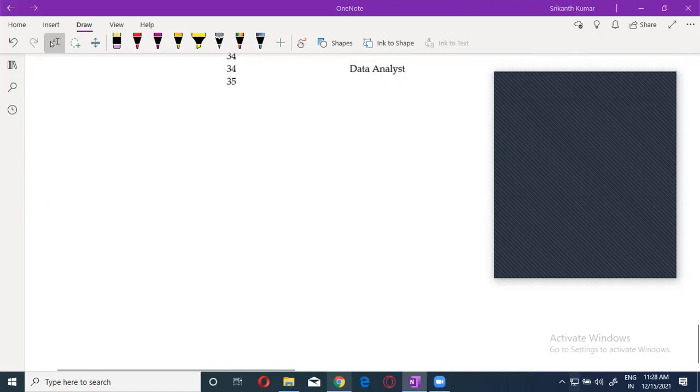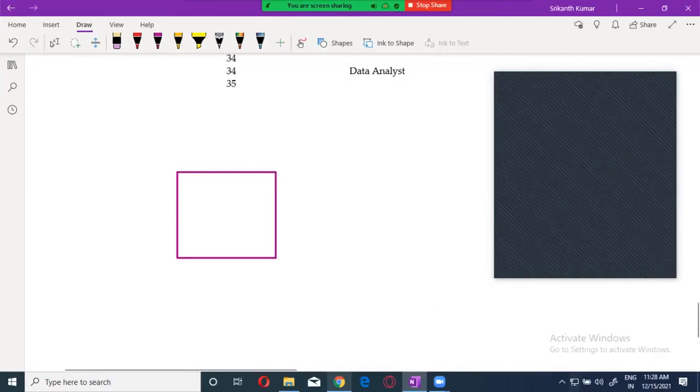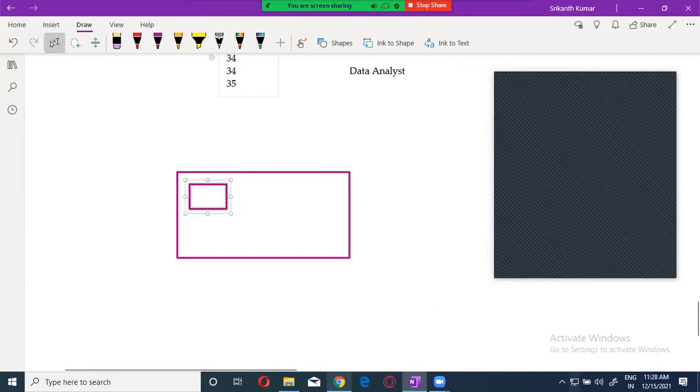Now, today's class is finished, right? Usually I prefer to do it this way. When the day's class is finished, in the drive, whether it is Classroom or whatever, I will create a folder. Inside it I am going to keep three things. One is today's class notes, what I am writing over here. Then there will be the class programs, since I will do a lot of programs in the class. And also the assignments. Assignments will be in a different folder. Each and every day you will have this and it will be shared with you.